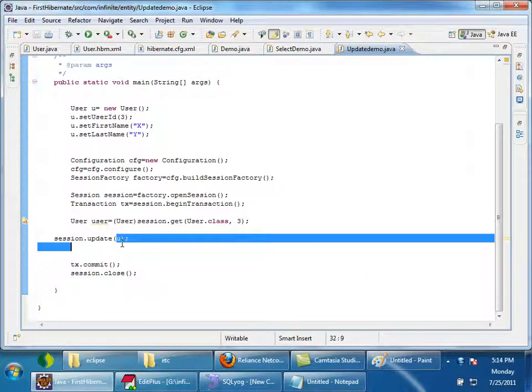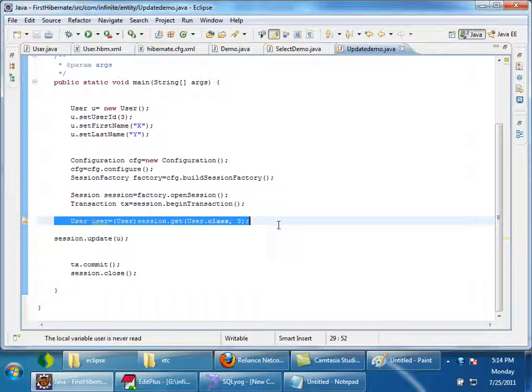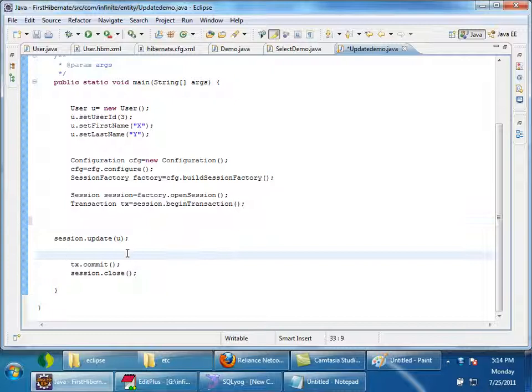Again I am generating a scenario. What if you give this session.get after update? Let us see what will happen now. As I said, session.get will first see whether this is in the persistence cache.